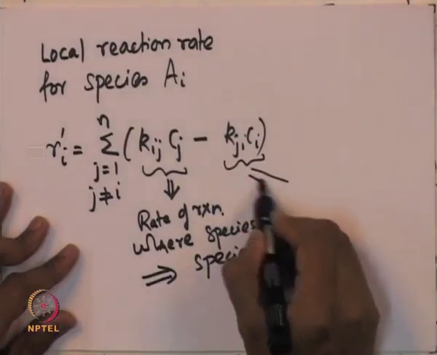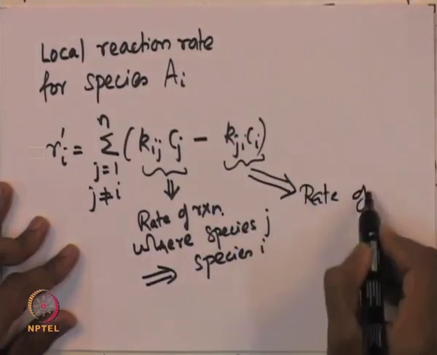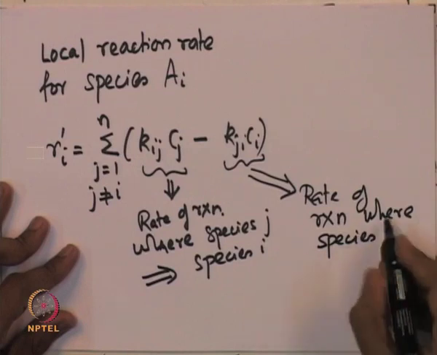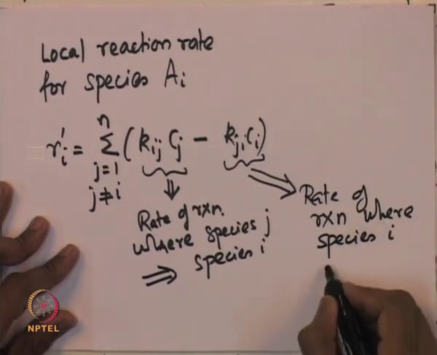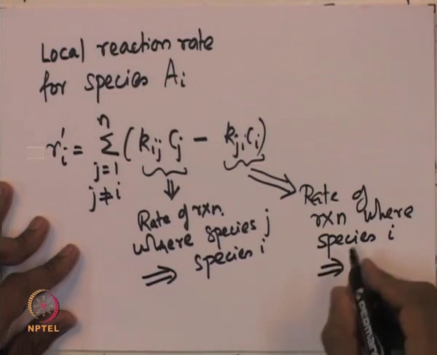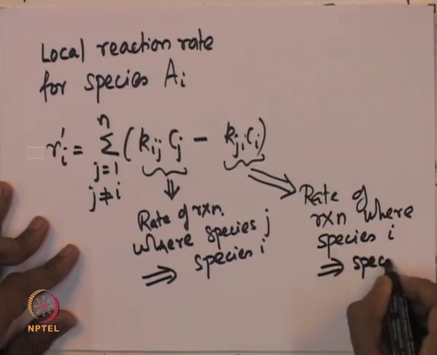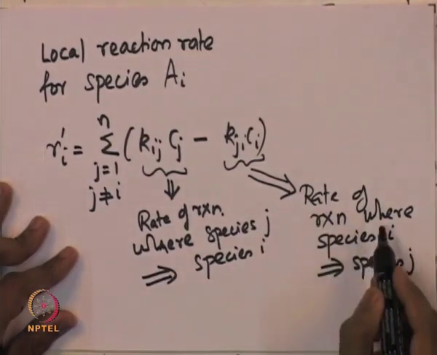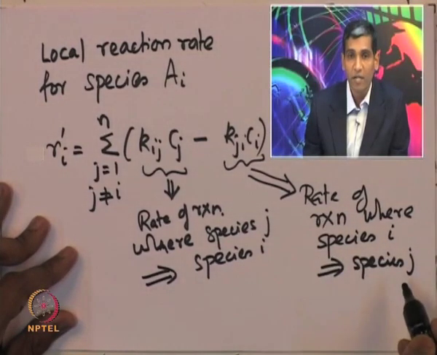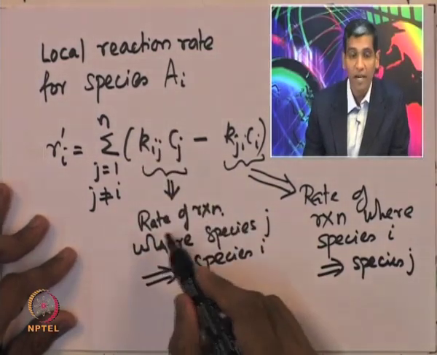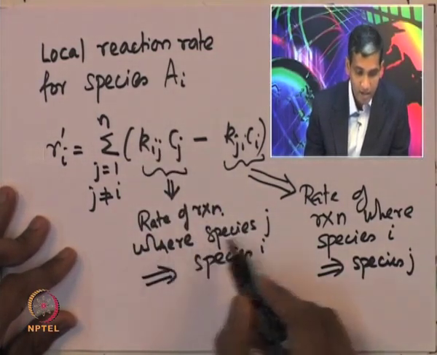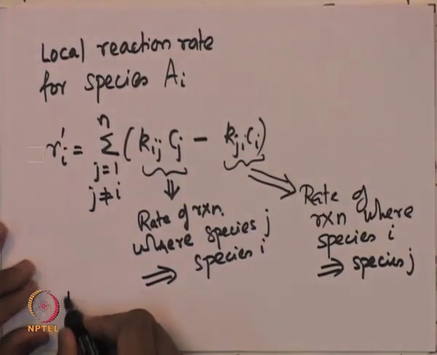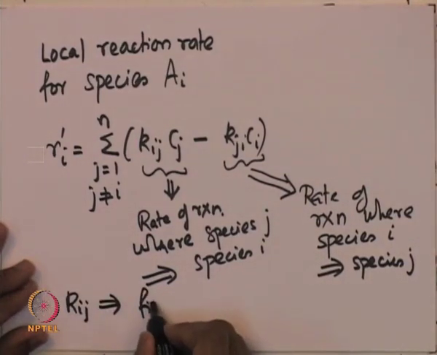The second term corresponds to the rate of reaction where species i acts as a reactant and leads to formation of species j. So this is the rate of reaction where species i leads to formation of species j, and the first term corresponds to the rate of reaction where species j is consumed and species i is the product formed. Now, we assume that all k_ij are first order rate constants,